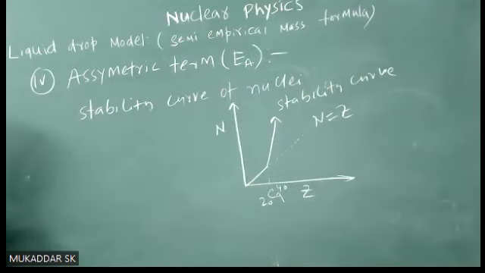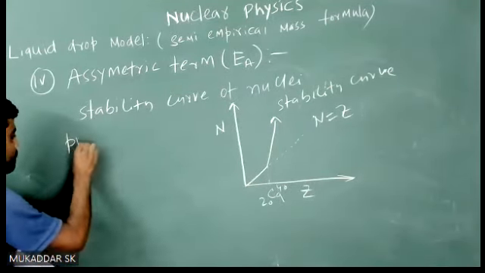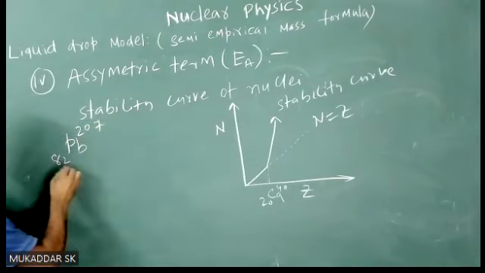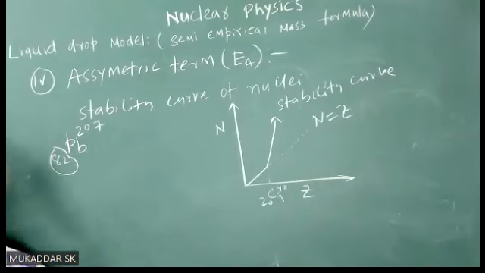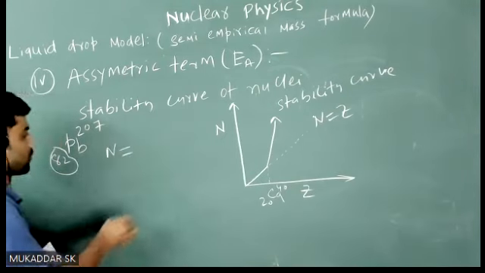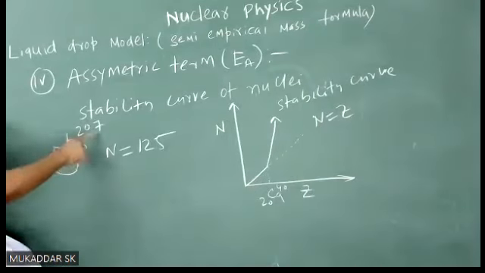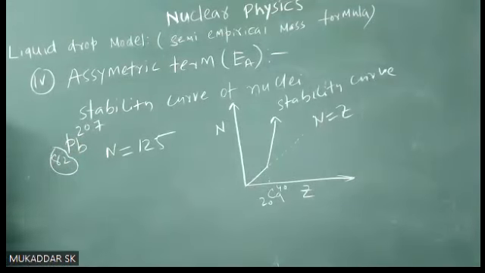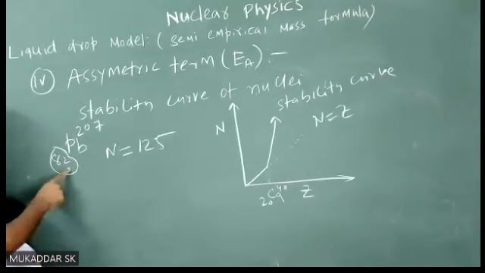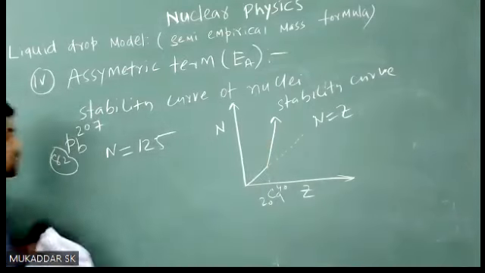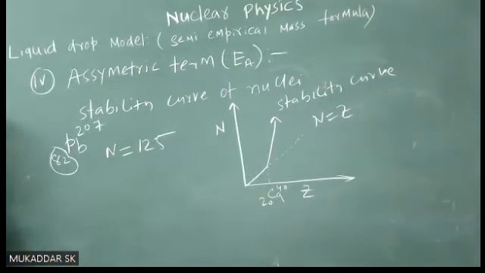जैसे मैं आपको एग्जांपल दूंगा, लेट अस टेक एग्जांपल लेड 82, 207। इसमें नंबर ऑफ प्रोटॉन कितना है? दिस इज स्टेबल आइसोटोप। इसका नंबर ऑफ प्रोटॉन 82 है, नंबर ऑफ न्यूट्रॉन कितना है? 125, right? 207 minus 82 is 125. तो इसमें देखो नंबर ऑफ न्यूट्रॉन इससे ज्यादा है ना। तो एक समवेयर हियर इट लाई, राइट। सो जो आपका हेवी मास है उसमें देखना, नंबर ऑफ न्यूट्रॉन्स इज लार्ज एज कंपेयर टू नंबर ऑफ प्रोटॉन्स।